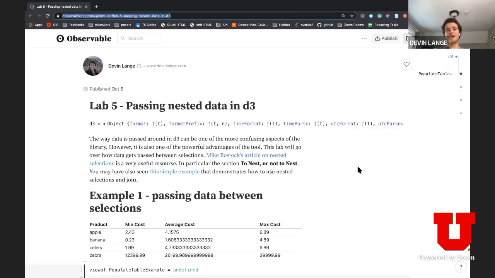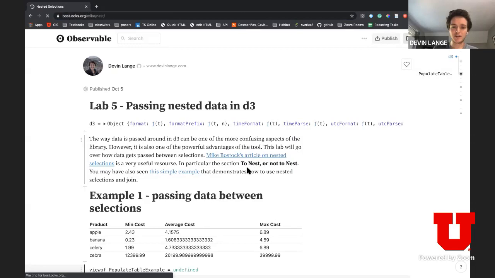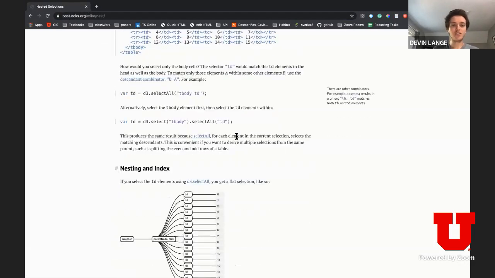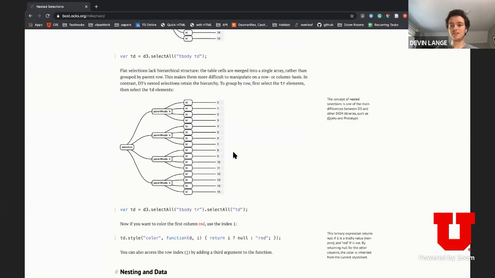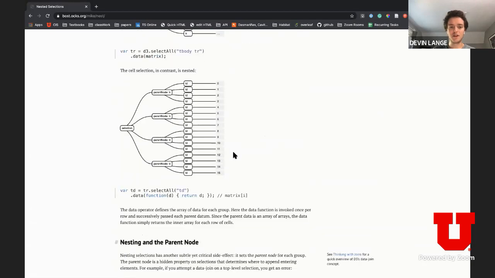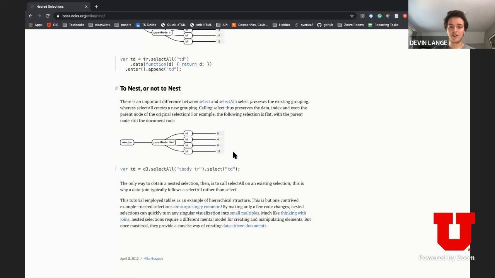So today we're going to be looking at how data can be passed along amongst selections in D3. As some of you may have run into, the way D3 keeps track of this data can be one of the trickier things with the library, but it's also really quite useful. I do recommend looking at this article. It goes over in some nice detail some of the differences, in particular between the selectAll function and the select function. But in a nutshell, if you use a select,